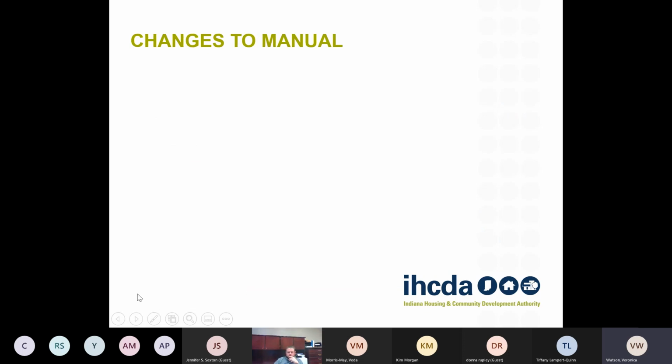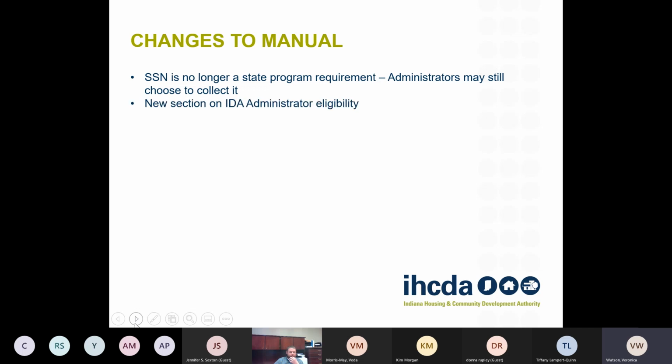All right, so before we get to final questions, for those who are returning, I want to give you a quick heads up on the things that are different in the manual. There are not a lot. If I had had time, I would have gone through and provided section numbers. I did not, but hopefully you should be familiar enough with the program to know where these might come in. The big change this year, let's just go ahead and start with that,